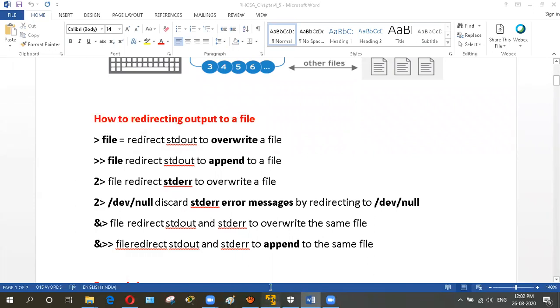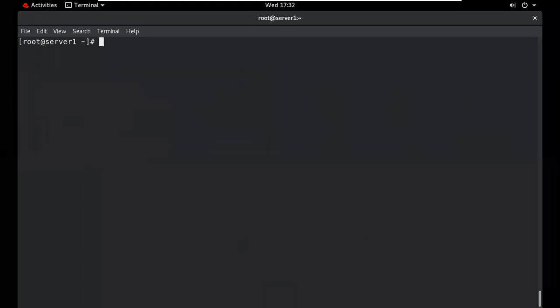So I will demonstrate this by example. Suppose you type a command. What is the use of this command? This will show me the date and time. What is my current date and time? The output is displayed on a screen.